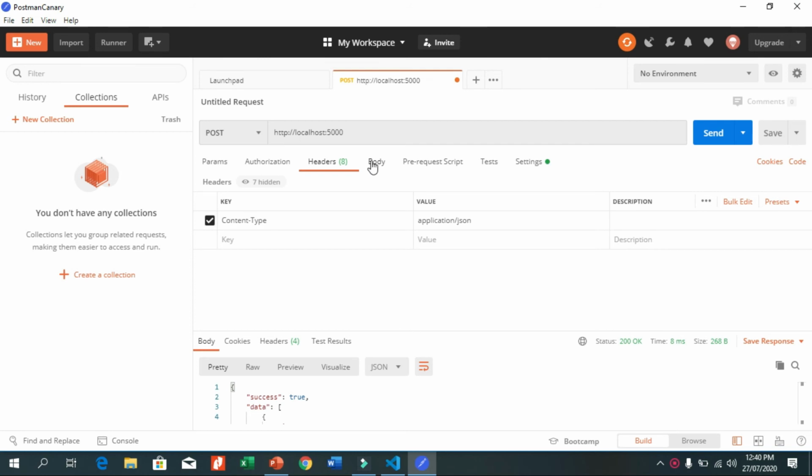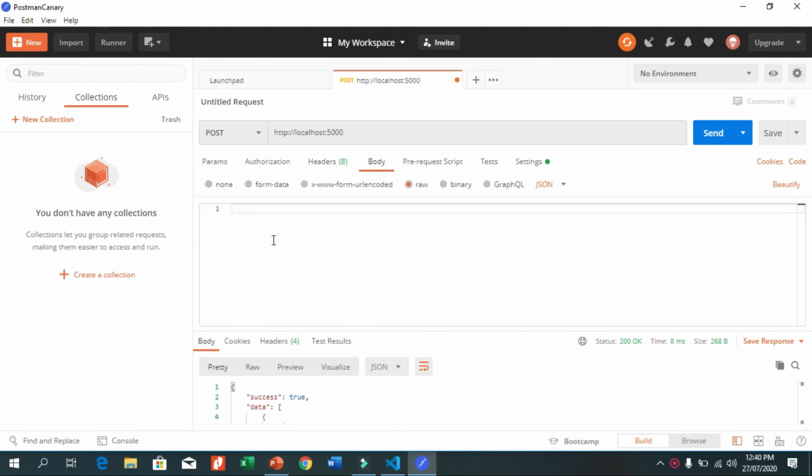And in the body, we can then add the request. I'm going to say continent: Africa. Now if I hit the send button and go back to VS Code,